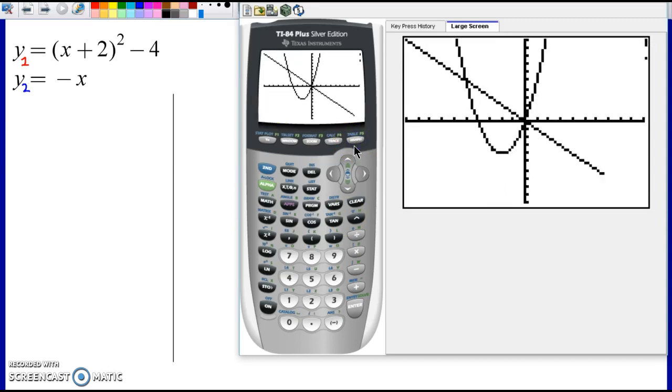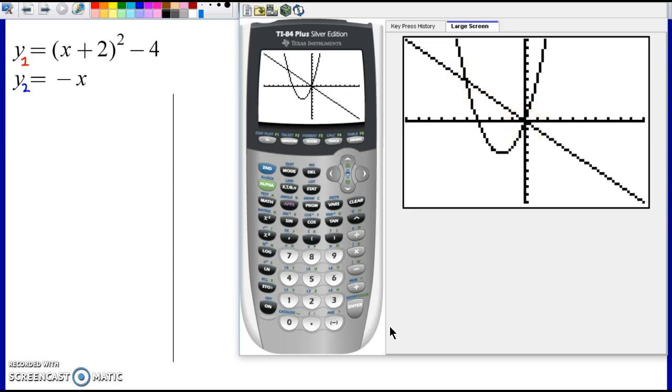there it is, a parabola and a line, exactly what I would expect. Now it's worth noting that the blue line is here and the red parabola is there. Now you can see by looking at the screen where this graph seems to intersect, but it's hard to know exactly where that happens. Well, again, lucky for you, we can find exactly where those points are by using something